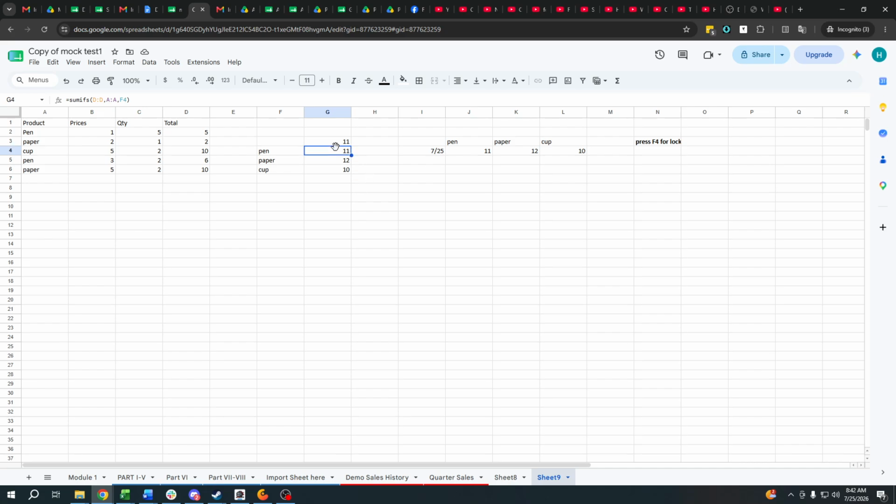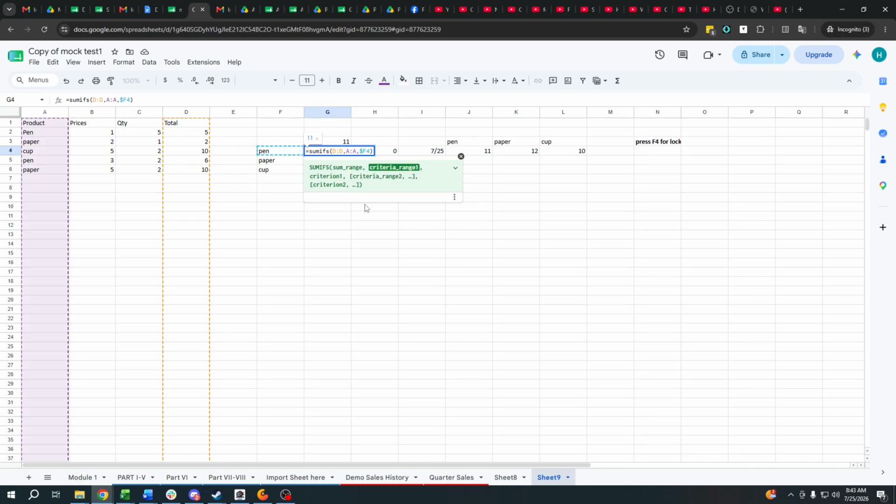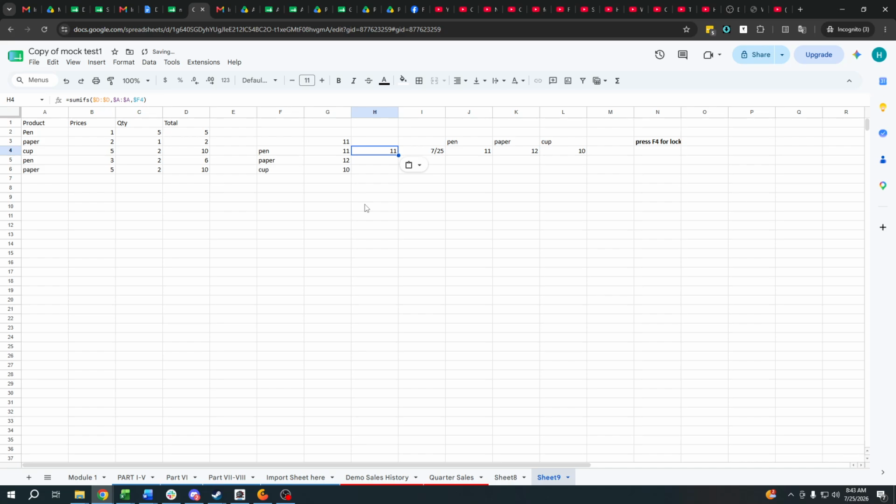But what if, like what I did before, we paste it in column H, and as you can see, it breaks. If we would like to apply this formula in column H, we should lock the column F, and then lock the range of the list. Most of the time, if you have to lock the keyword, you have to lock the location of that list of keywords. And for the value, it depends on this one. But for now, we will have to lock this one so that we will get the value.